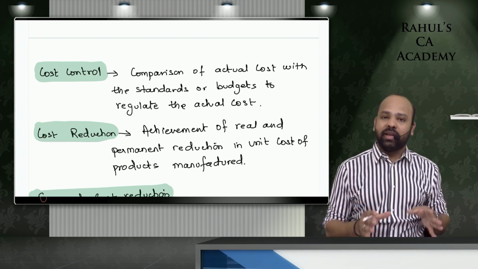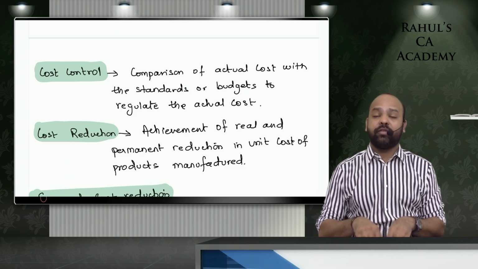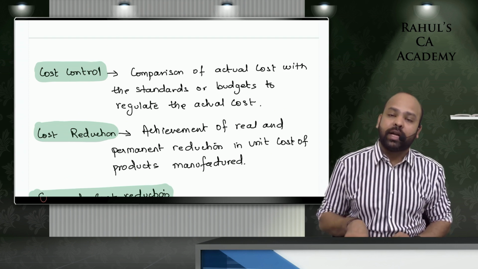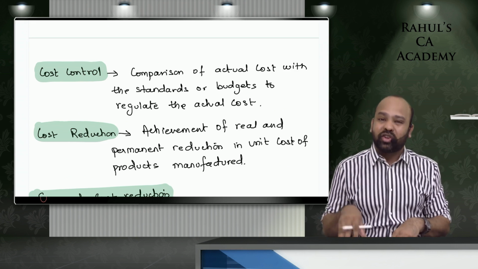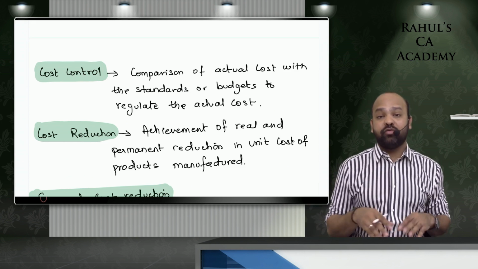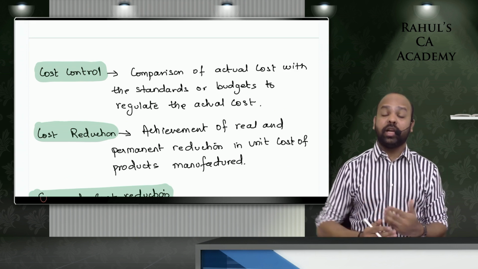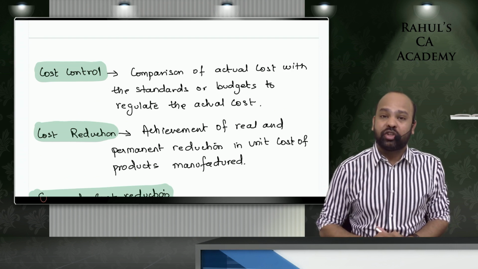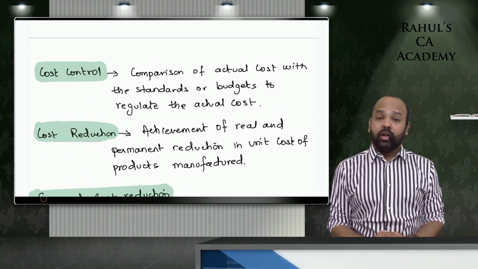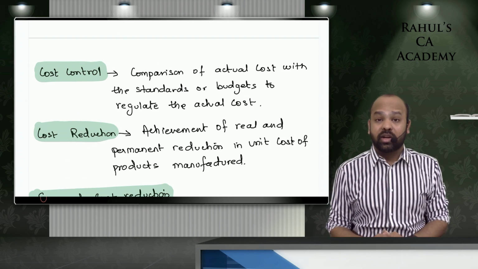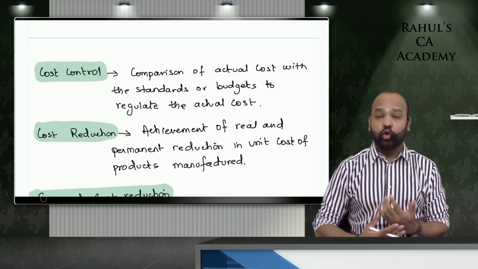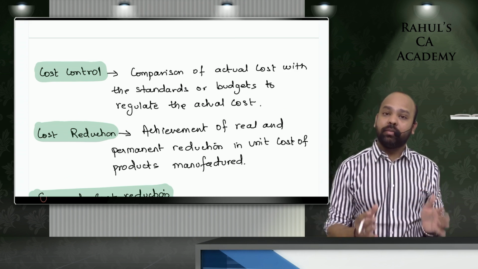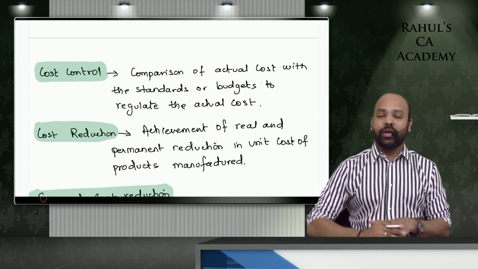If the company says that 10 rupees per unit is the cost at which you should be manufacturing a product, under cost control, we will try to stick to that 10 rupees. But under cost reduction, we will question that 10 rupees and say, why not manufacture the product at 9.5 rupees? Why can't we improvise the standard? Why can't we look at better ways of managing our operations and reduce the overall cost incurred? So undoubtedly guys, cost reduction is something that an organization would want, to be able to deliver the product to the consumer and also make a reasonable amount of profit. That would be a win-win situation for everyone.